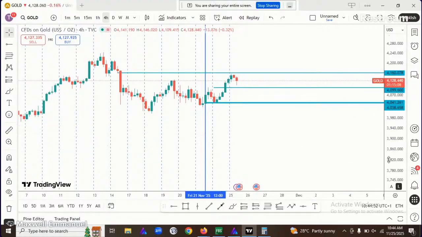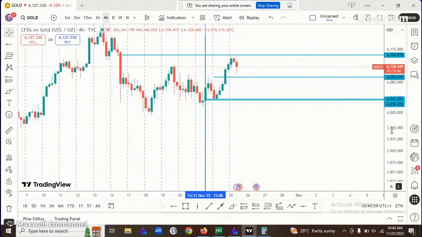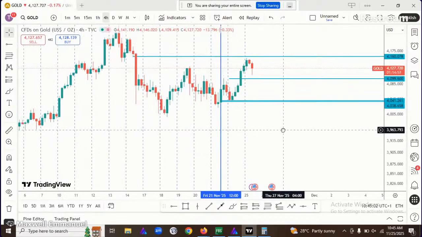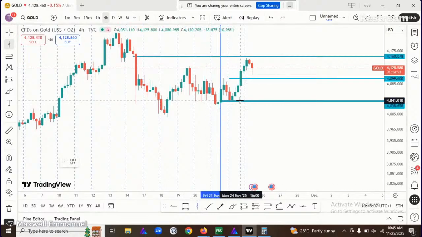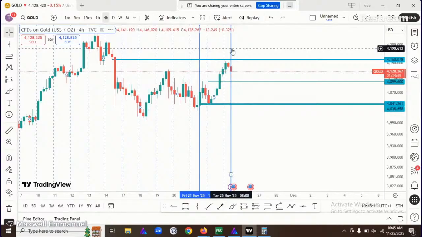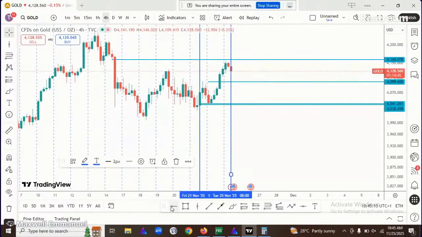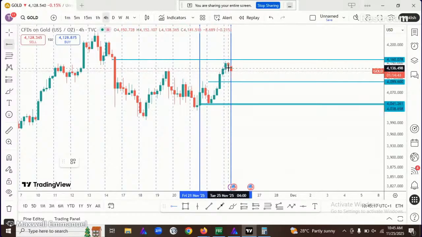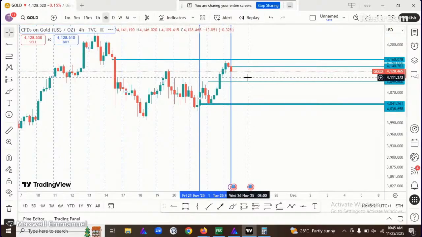Okay, so I might look for sell on gold. I'm waiting for this candle to close. No, I should have sold. I missed this move. This is where I should have entered sell after the formation of this spinning top candle. So if price pulls back to this level that I should have entered the trade, I will sell it, and